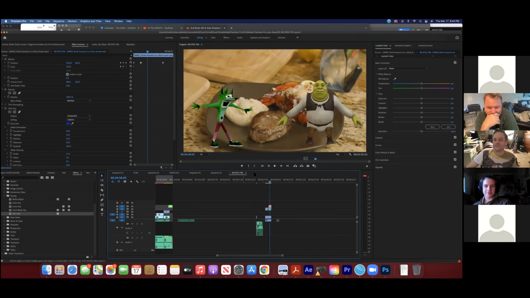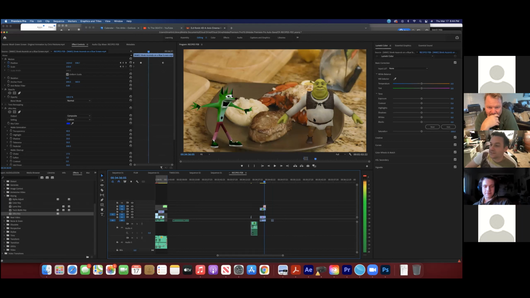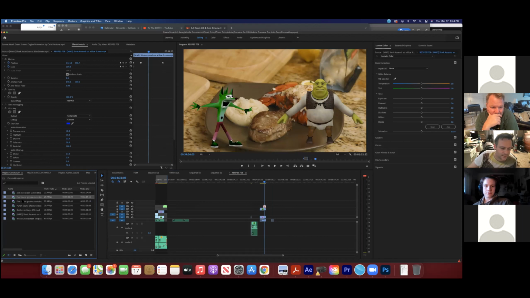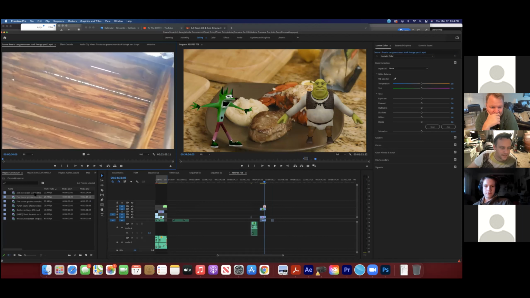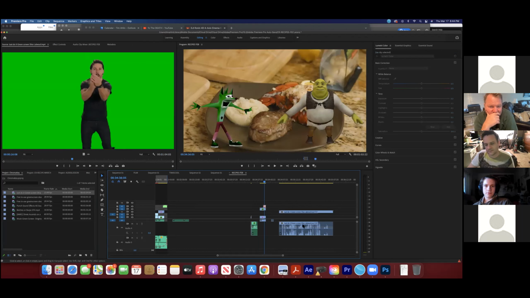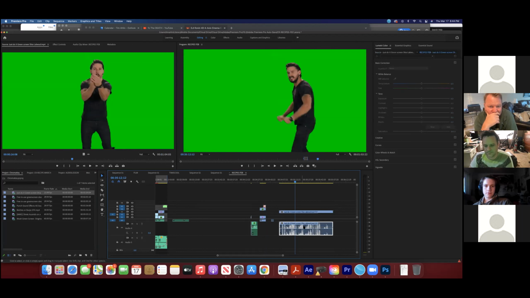All right, so two animated characters. Now that's easy. Let's bring in some people and see how harder it actually gets, because we can cut away from Shrek or whatnot. All right, I have that one's going to be my last one. All right, Shia LaBeouf right here. Maybe you shouldn't have picked him, but